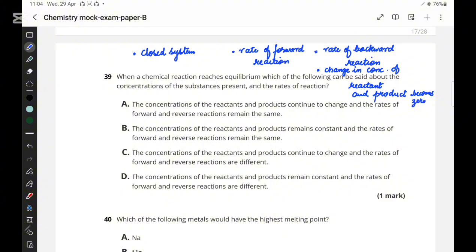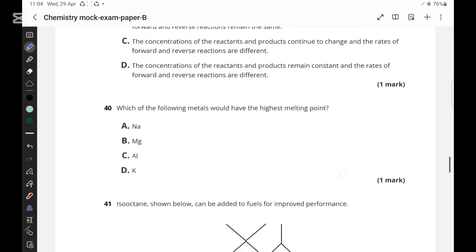So if we see option B, that is suggesting us the right thing. The concentration of reactant and product remains constant, and the rate of forward and reverse reactions remains the same. For the next question, they are saying which of the following metals would have the highest melting point. So one thing for the highest melting point, for the metals,